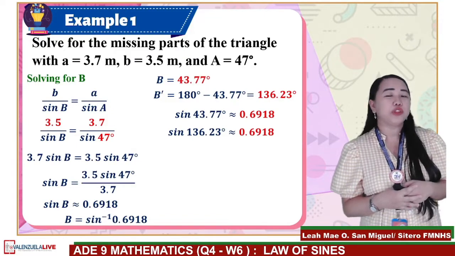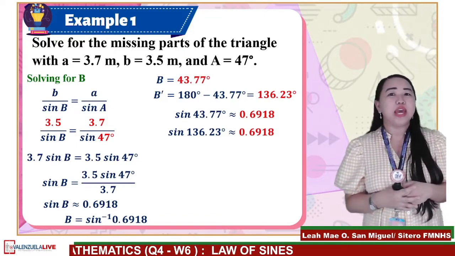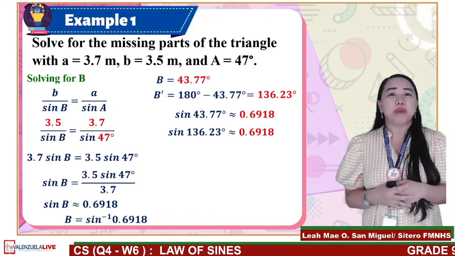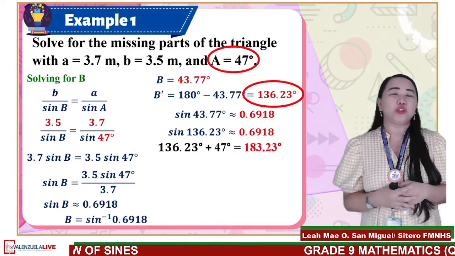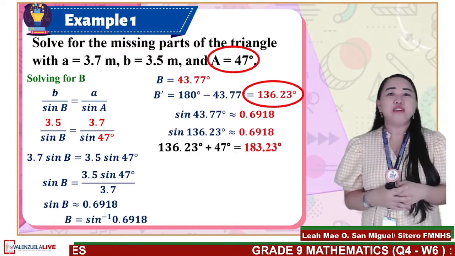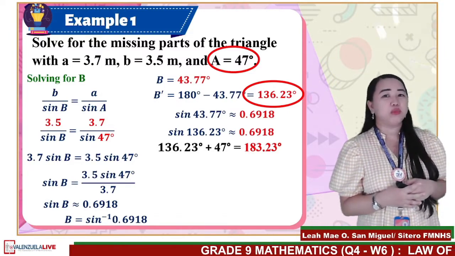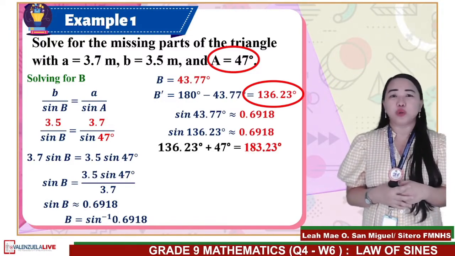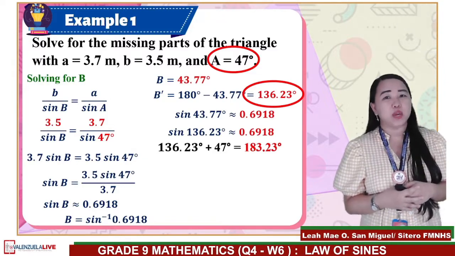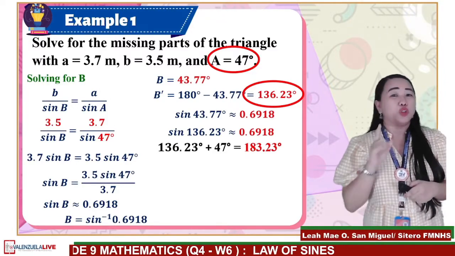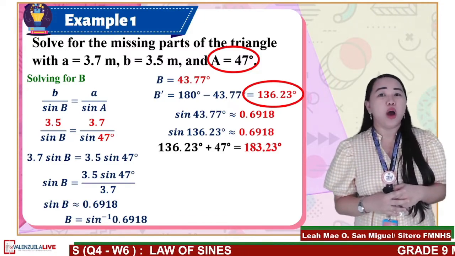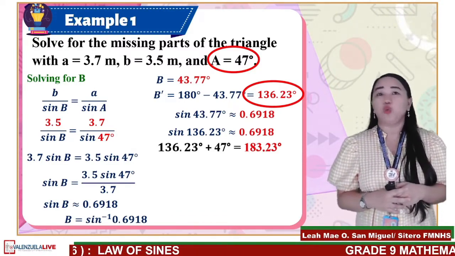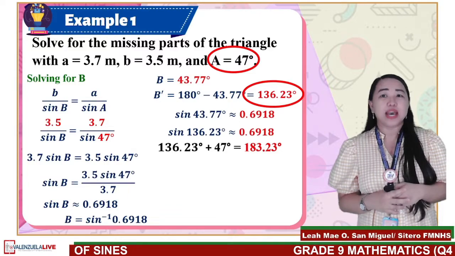Check if 136.23 degree exists as an angle based on the given. Add the obtuse supplement, which is 136.23, to the given angle, which is 47 degrees. The sum is equal to 183.23 degrees. Notice that the sum of the two angles exceeds 180 degrees, which cannot happen because the sum of